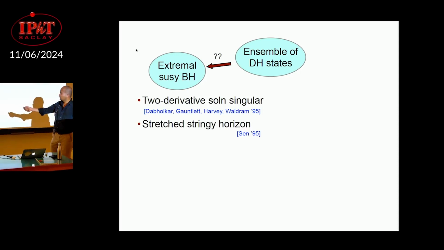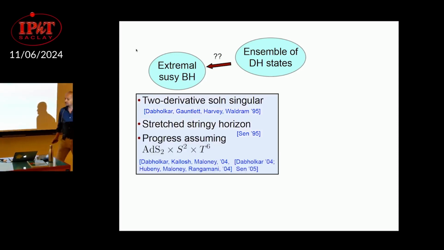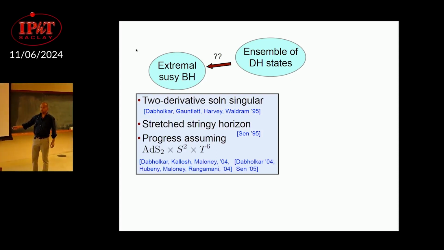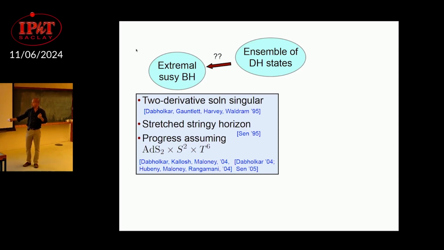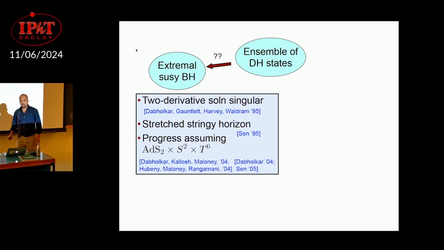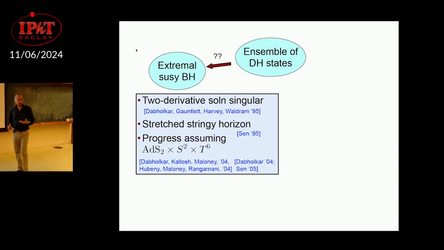Now this is a difficult problem because you're talking about higher derivative theories of gravity, and in order to make progress, one makes assumptions about the near horizon geometry of the black hole. You say that the near horizon, like any other extremal black hole, should have symmetry enhancement. So there's an AdS2 times S2 times a T6, and correspondingly the supersymmetries should be enhanced to 16 supercharges. With this assumption, all the tensor structures are fixed,